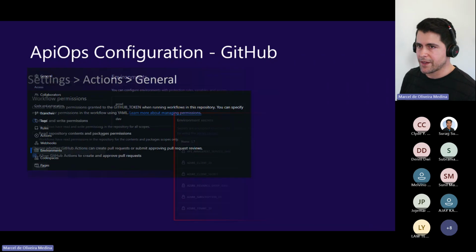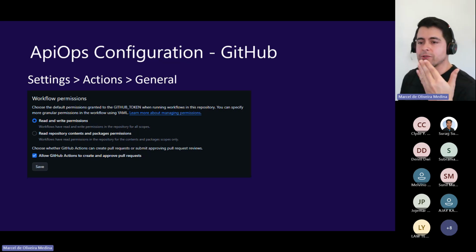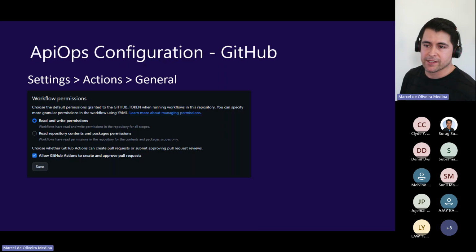And one of the things with GitHub is that because the build process is going to be creating PRs, you need to assign read and write permissions for it. So the GitHub Actions should be able to create or approve those pull requests. You go under settings, actions, general, and you can allow that to do it. If you don't establish this, you're going to get a warning. In the end, you're going to get to this screen, but if you are in a rush, knowing these steps is fundamental just to get it right.